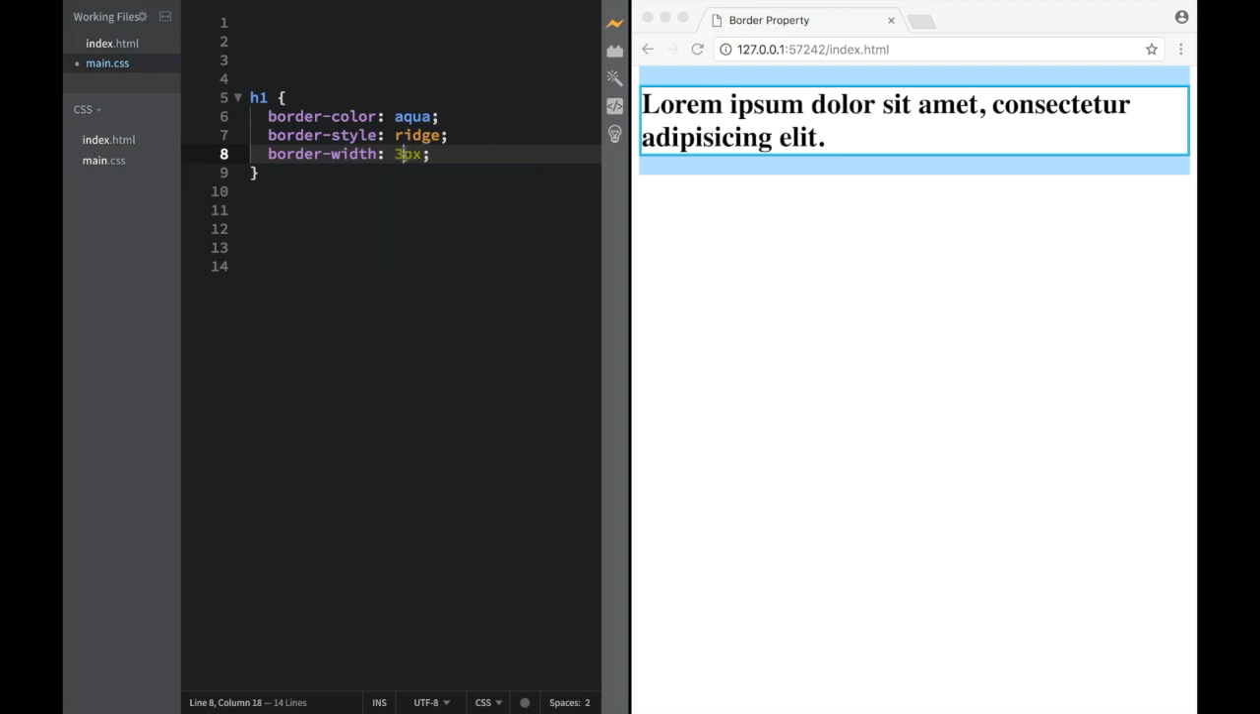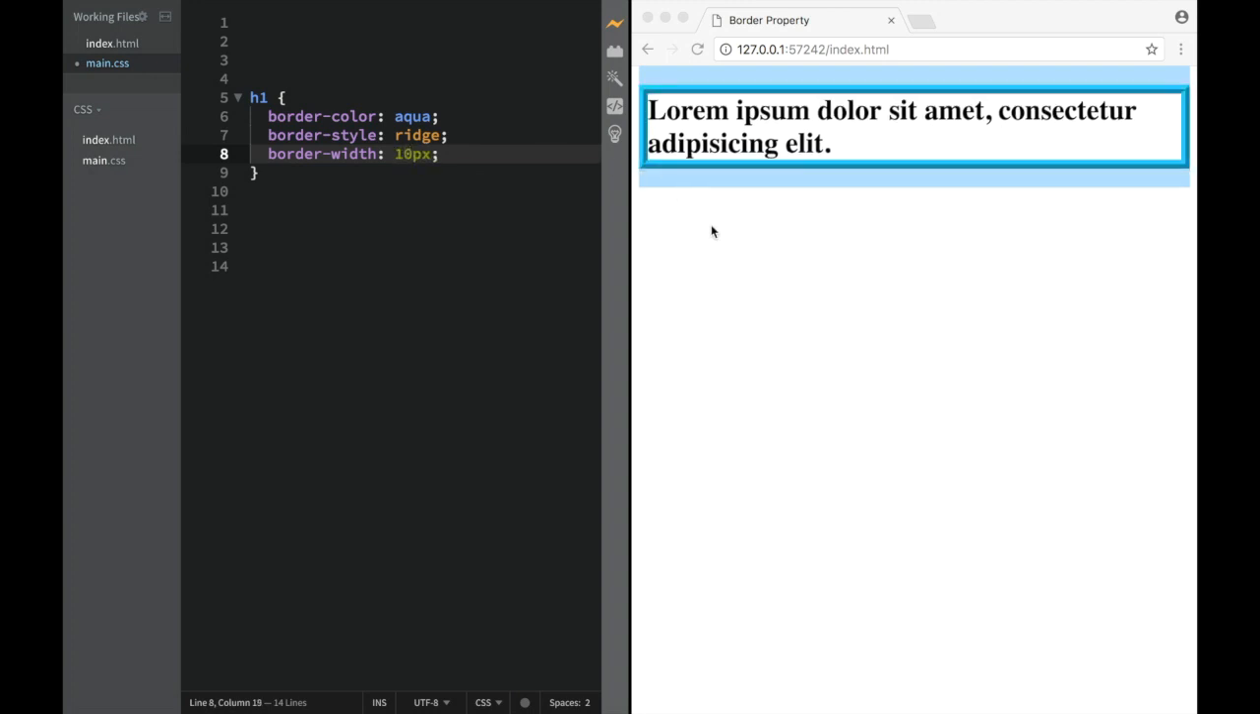And maybe let's do more, let's do 10. So now I can see that we have a pretty massive border. Now, remember that we can still use the shortcut values. If I write 10 pixels here and then, actually let's do 20 pixels,